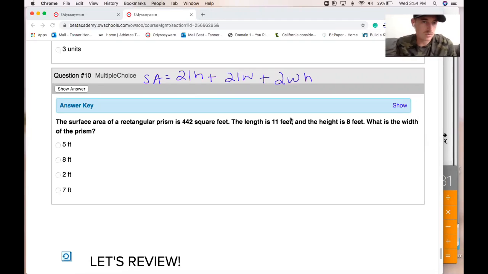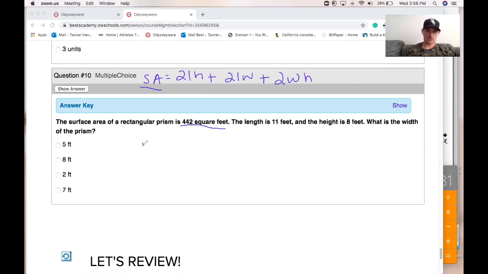Last one, number 10, we're solving for x. The surface area of a rectangular prism is 442 square feet. The length is 11 feet and the height is 8. What is the width of the prism? So let's fill in everything we know. So the surface area, it tells us right here, is 442 equals 2 times